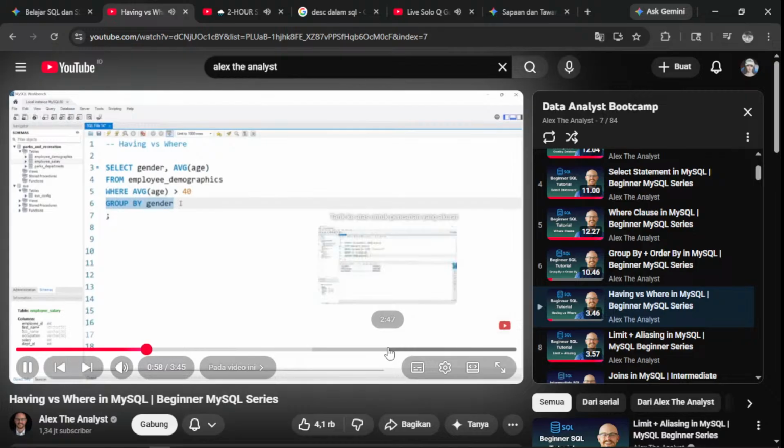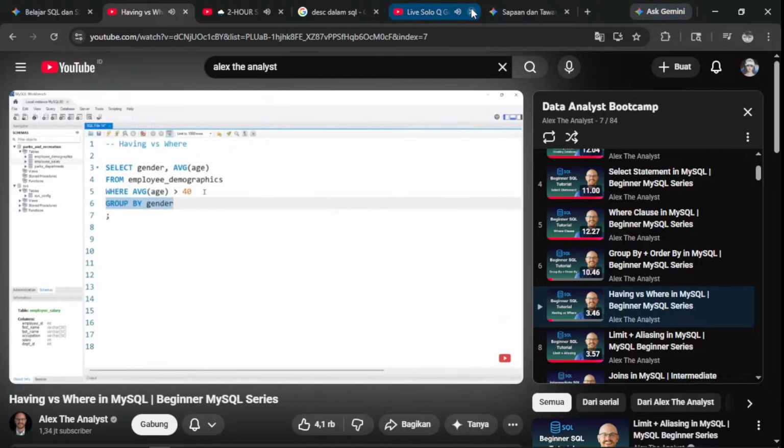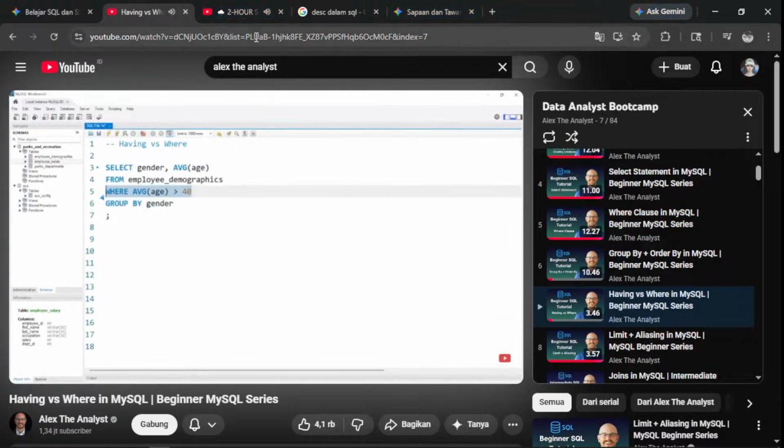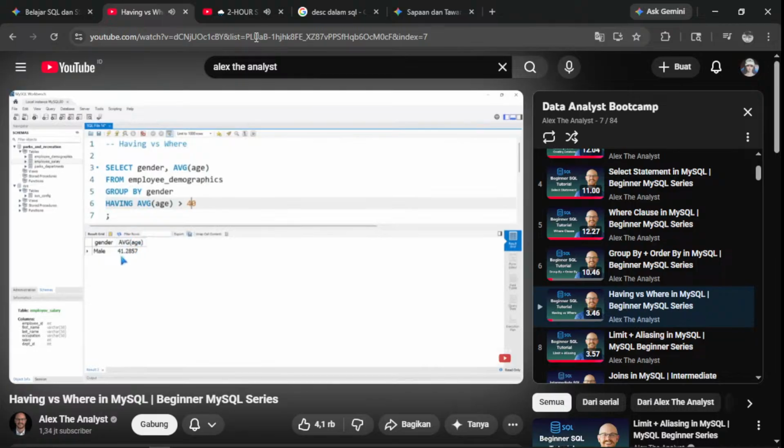That's where the having clause comes into play. So let's go ahead, and what we're going to do is we're going to get rid of this. We're going to come right down here, and instead of where, we're going to say having. Now, having was specifically created for this exact example. It comes right after group by, and after group by, we can filter based off of these aggregate functions. So now if we run this, we're going to get an output that only has where the average age is